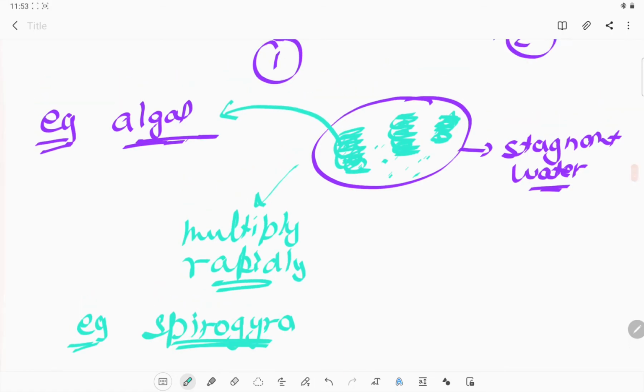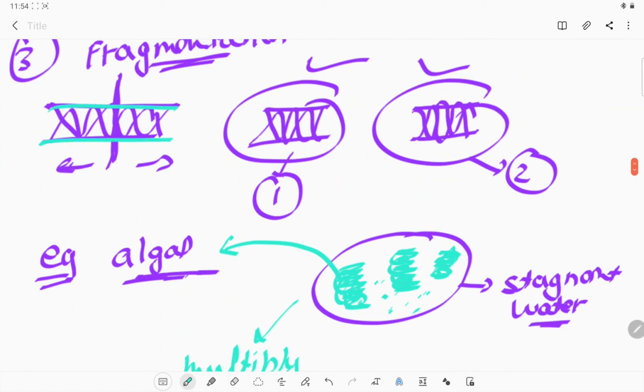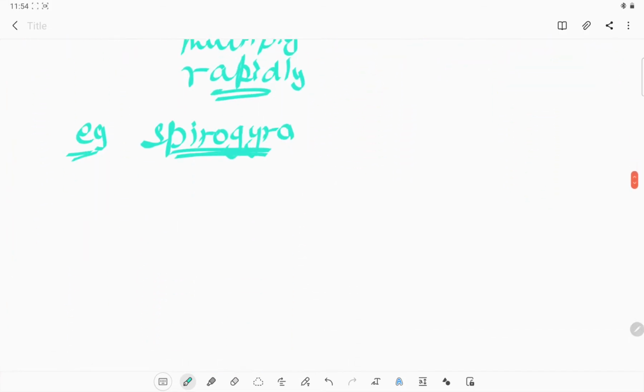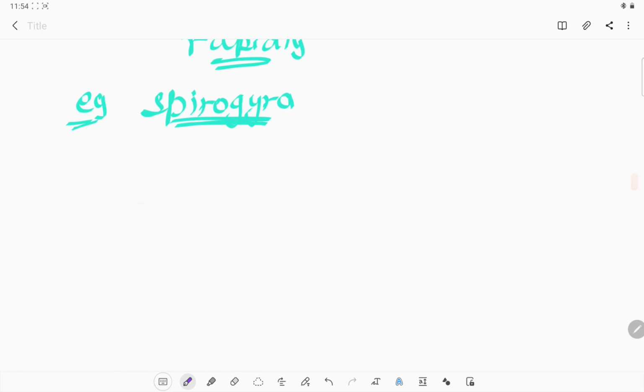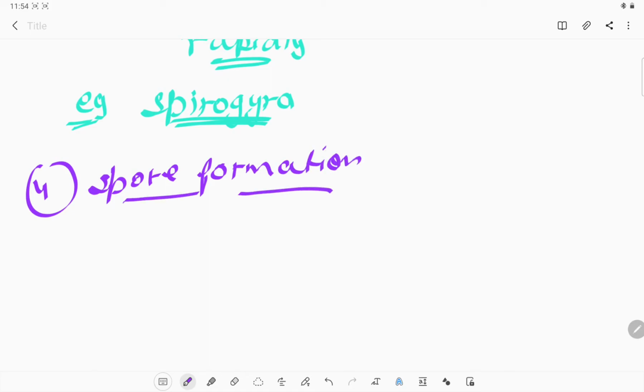Whenever they fragment, they get fragmented from their body. This is the main body, and it gets fragmented from the middle portion, and now it is divided into two fragments, and both fragments will develop into two new individuals. This is how fragmentation takes place, which is also an example of asexual reproduction. The last type of asexual reproduction is spore formation. How can fungi produce their new progeny through spore formation? The main example is fungi.